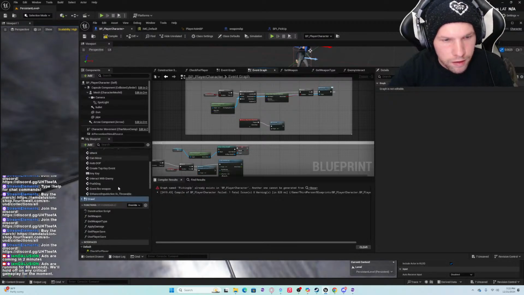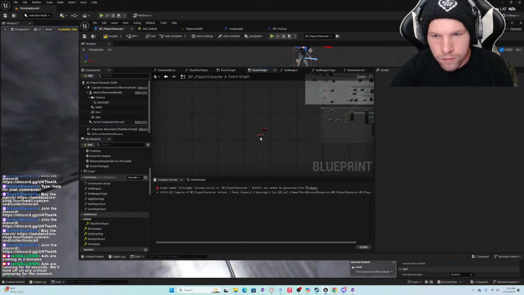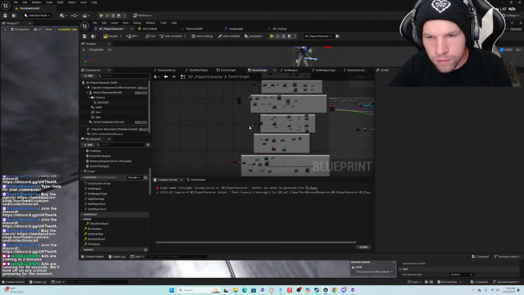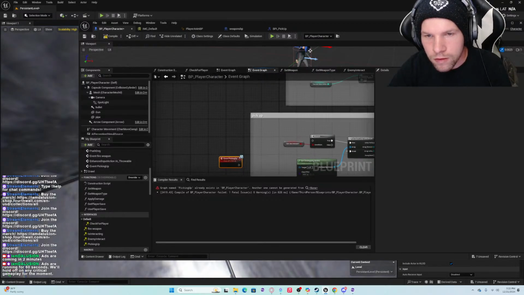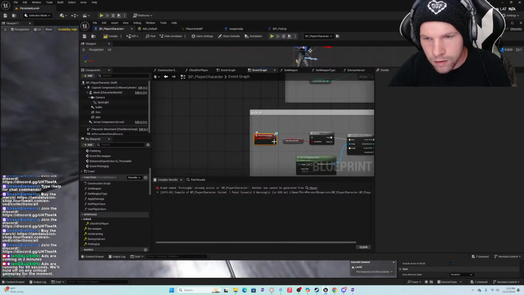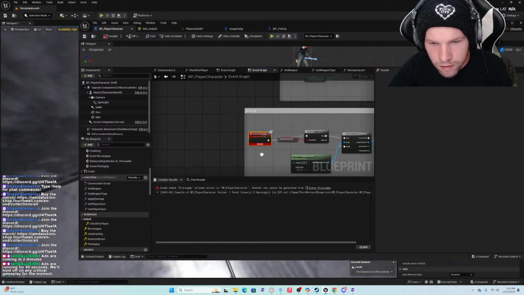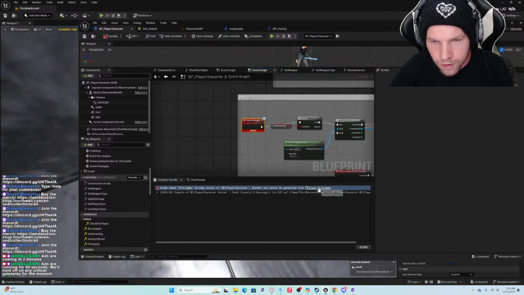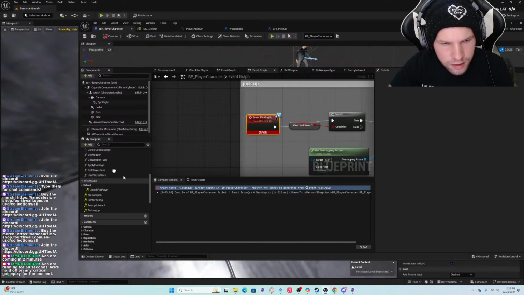So now we can do this. Up, compile, and save. Graph named picking up already exists.